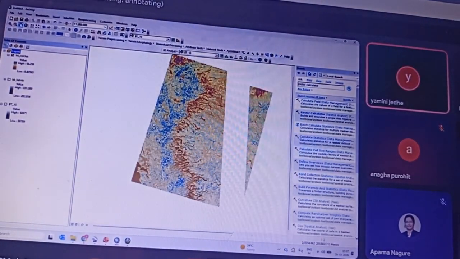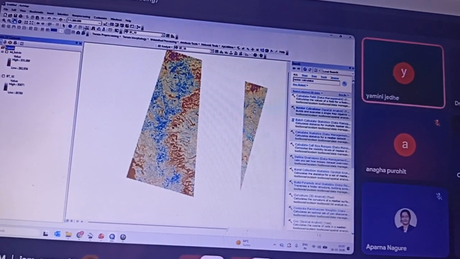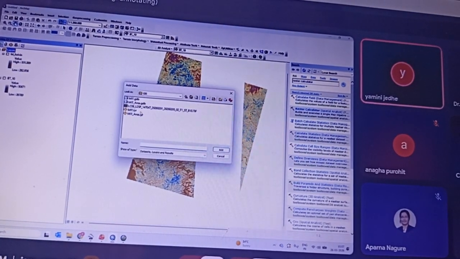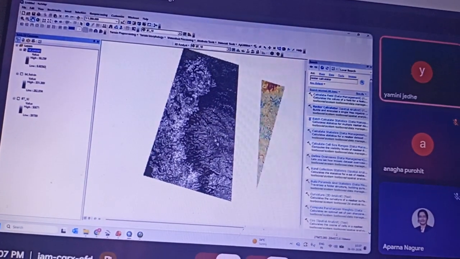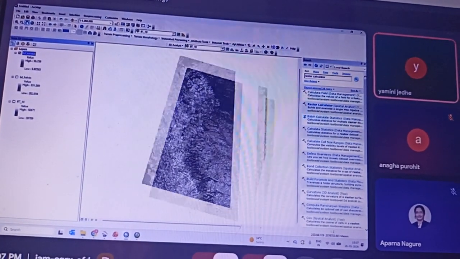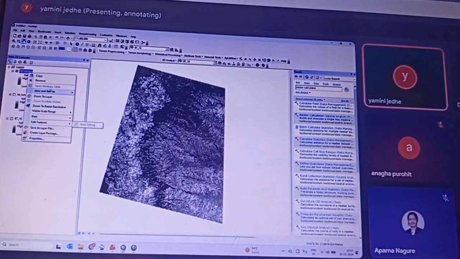So as you can see here, the temperature of the different parts of this particular region can be seen in Celsius. Some issue with the data, I'll just add it again.